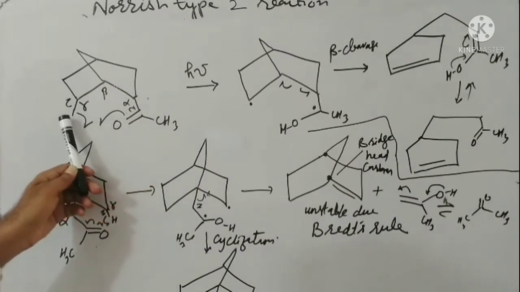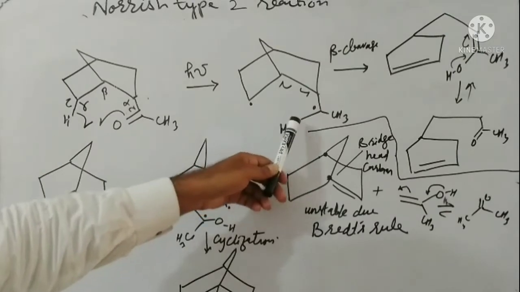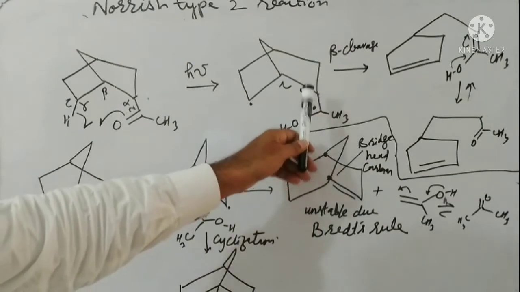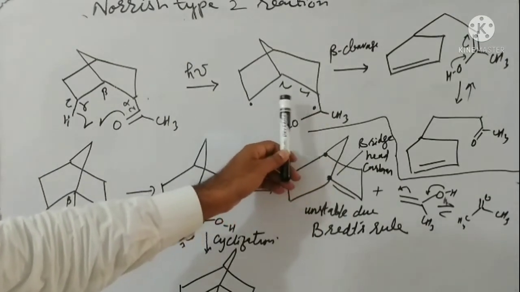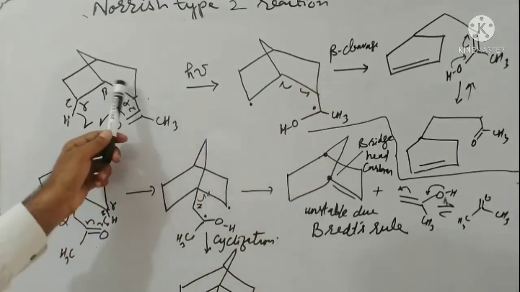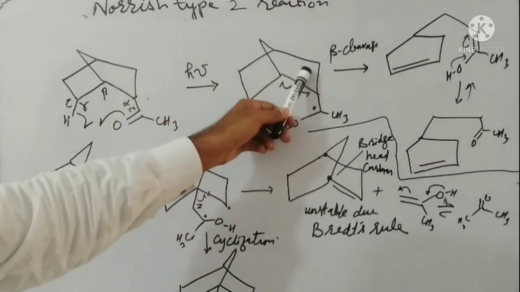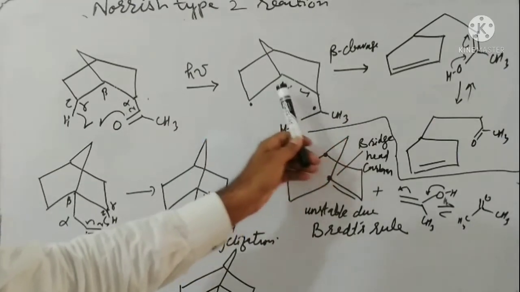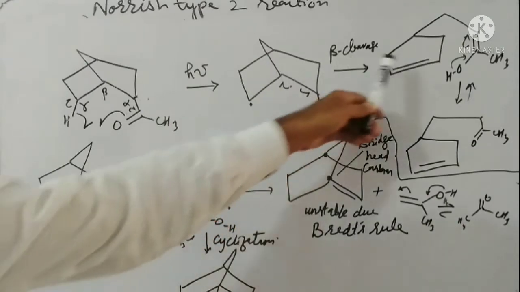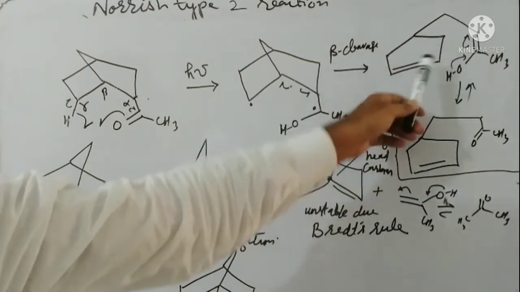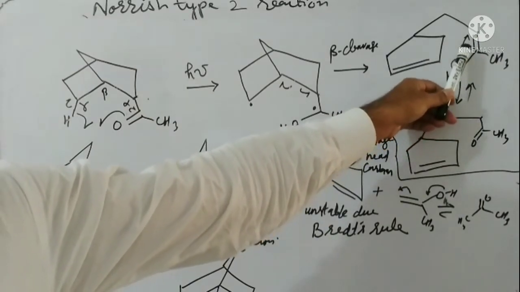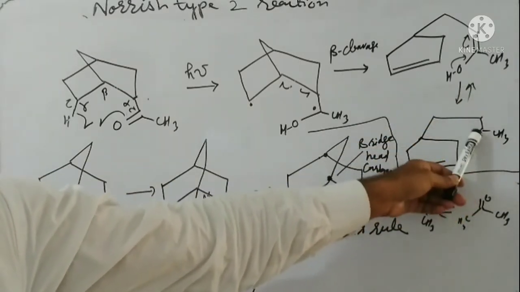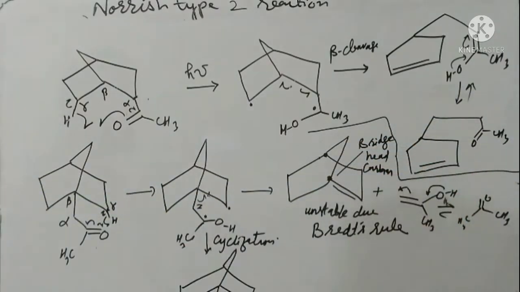This oxygen radical and this hydrogen radical make this O-H bond here, and then we have this 1, 2, 3, 4, 1,4 diradical. In this 1,4 diradical, this is the alpha bond, this is beta, so it undergoes beta cleavage to produce two radicals here. This radical and this radical form a double bond, and we get this cyclopentene type derivative, which is the enol form. Then at the end this enol form undergoes tautomerization to produce the keto form. So this is the major product in this reaction.